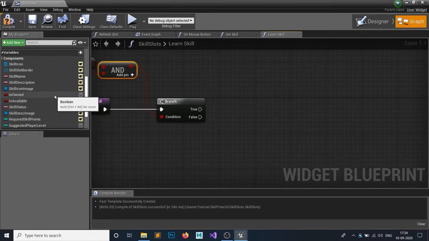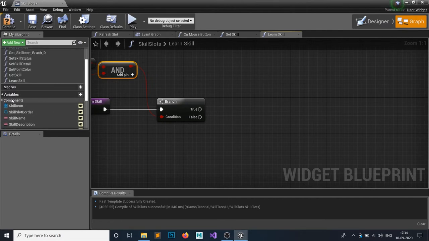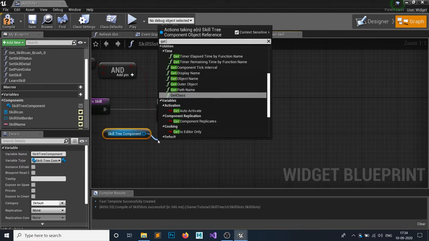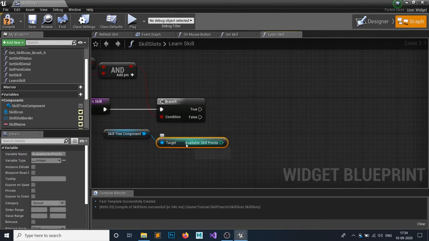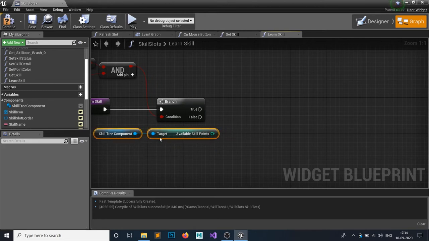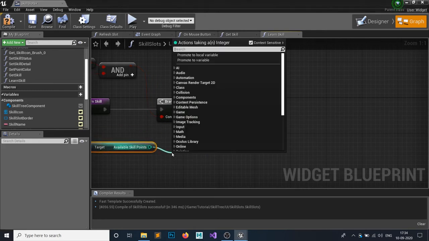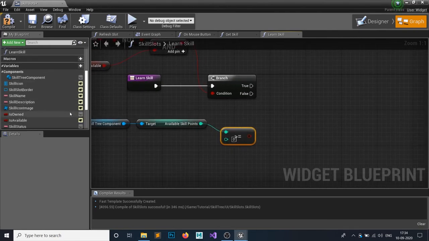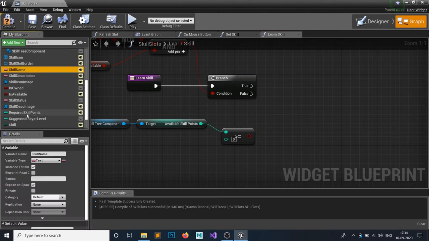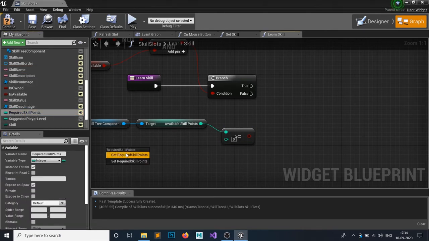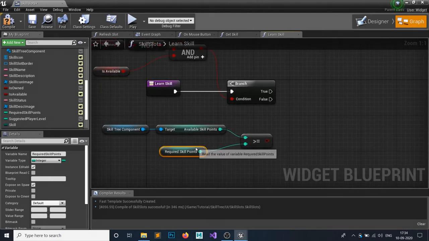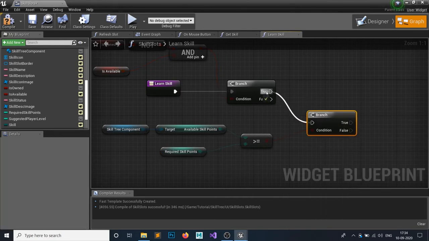And how are you going to learn that skill? For that we must have enough skill points. So get your skill points, get the available skill points, and our available skill points must be greater than or equal to our required skill points, wherever the required skill points is, this one. If it's true, and if both are true, add a branch again in here.